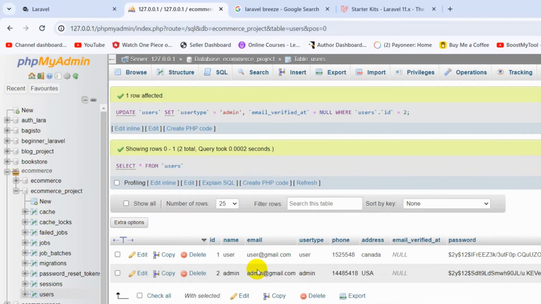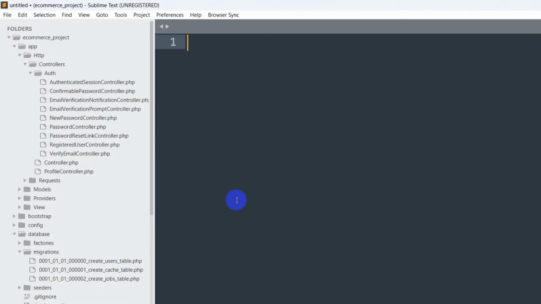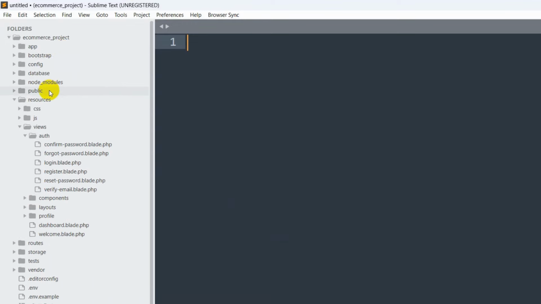So right now what we want is that when this admin logs in, it will take the user to a different dashboard. And how can we do it? In order to do it, what we need to do first is create a route for the admin first. So let me go to the